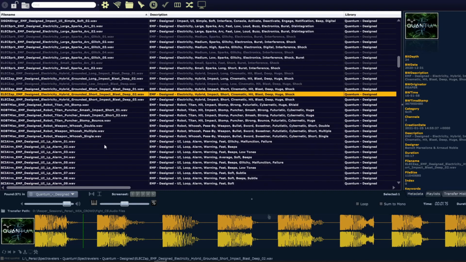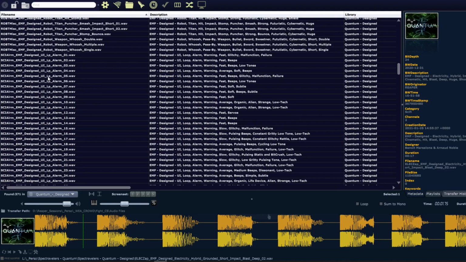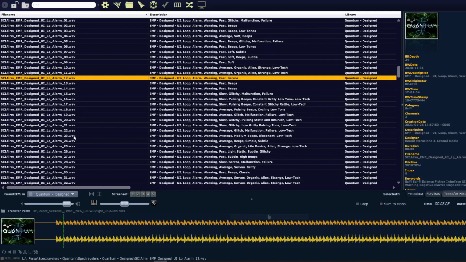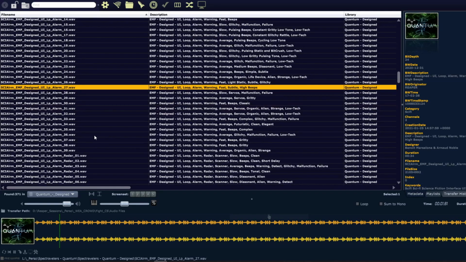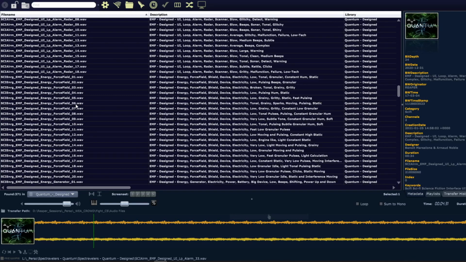Very cool and very powerful. You can find UI, obviously, like alarm sounds. Some energetic sound like force field,